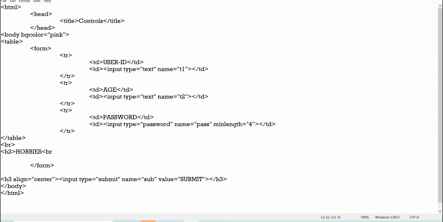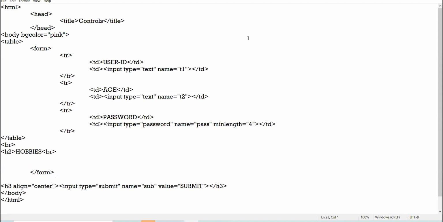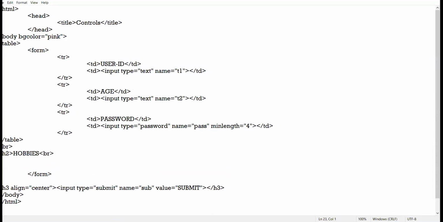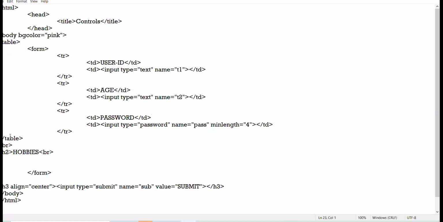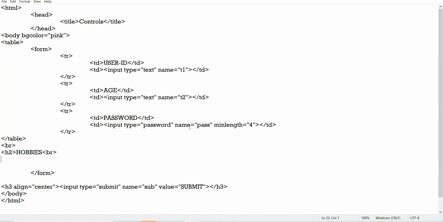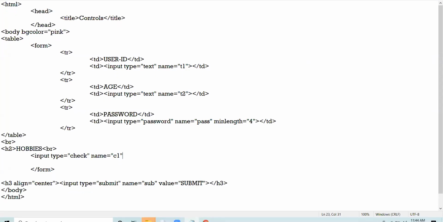Again, I apply BR here, right? So, first checkbox, input type equal to checkbox, name equal to C1. I'm giving name C1. You can give any name you want. You can give any name as per your convenience. Okay. Am I clear?